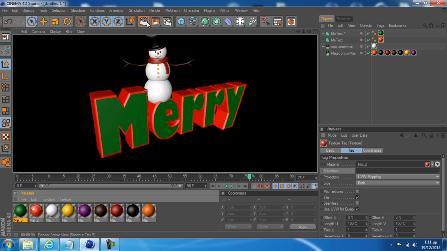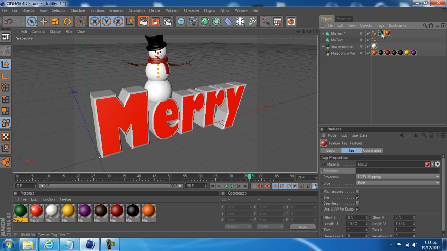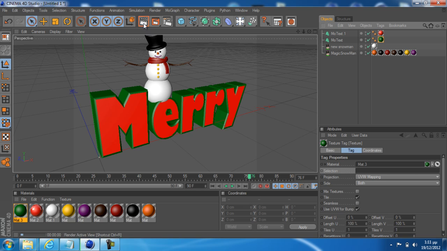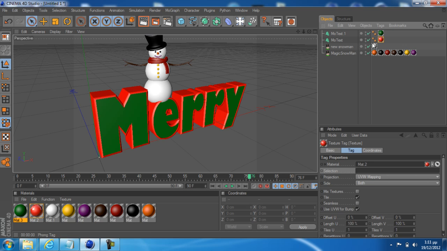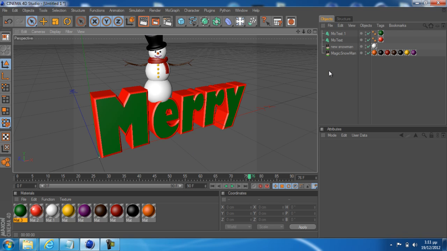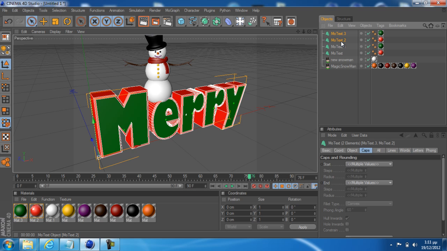Let's render to see how it looks. It's okay. You can do it the opposite way if you want, but I will leave it like this. I like it more. So what we are going to do now is select both our text and Control C, Control V them, and now this will remain, rename to Christmas 1 Christmas, and